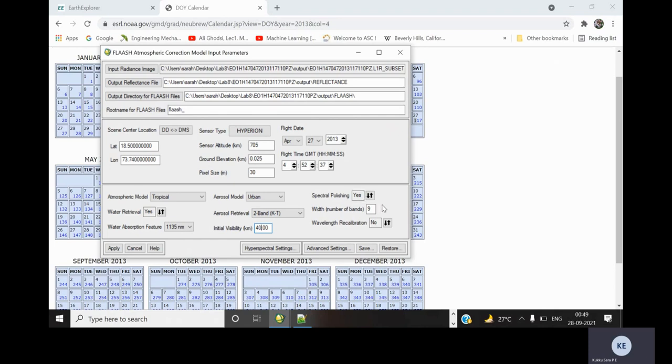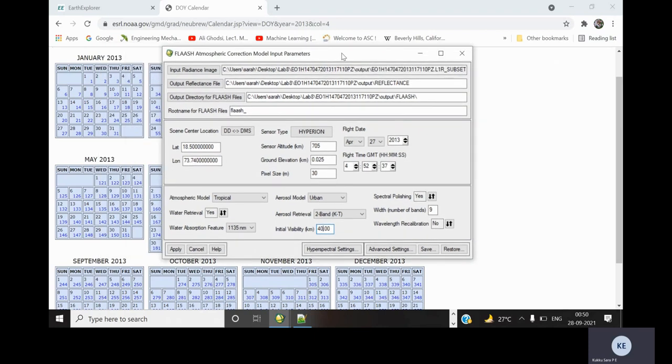And for the moving window, we have to give the window size, so give the width as 9. And wavelength recalibration we'll give no; that is used if wavelength miscalibration is there. So after giving all these input parameters, we can click apply to perform the atmospheric correction. So we'll just click apply.